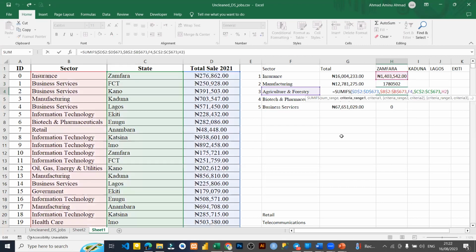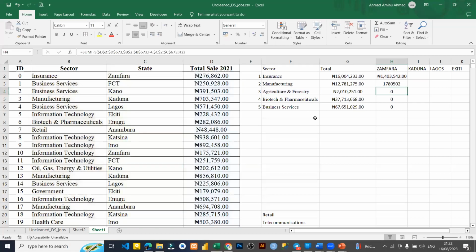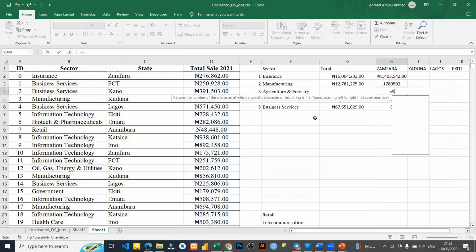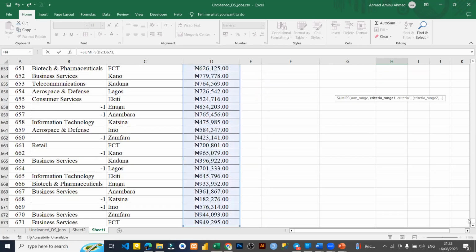But look at it now. What we got is 0. So Zamfara State didn't make anything when it comes to agriculture, biotech, and business. But I'm not sure about that. So let's just use the formula again and see if we did it correctly. Please, let's do it again. So sum ifs, open bracket, the sum range is this. So I'll do this. Then for the criteria,